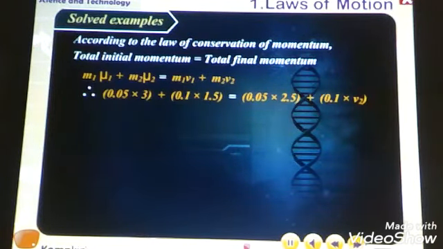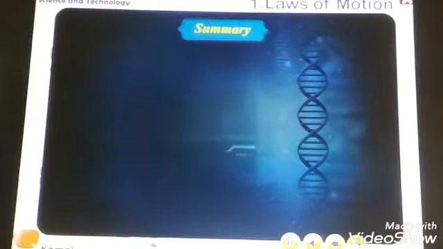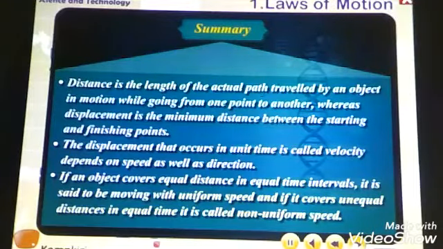Therefore, 0.05 into 3 plus 0.1 into 1.5 is equal to 0.05 into 2.5 plus 0.1 into v2. Therefore, 0.15 plus 0.15 is equal to